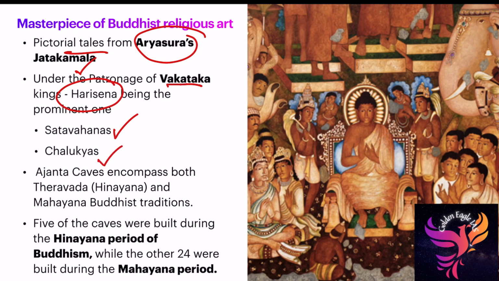Another important fact you have to remember: Ajanta caves have both Theravada, meaning Hinayana, and Mahayana Buddhistic images and sculptures. I already told you why Hinayana was present: because it was from 200 BC to 650 AD. After the first century AD, Hinayana Buddhism was going downward and Mahayana Buddhism started to appear in the world. So obviously Hinayana Buddhistic arts and architecture will be present in Ajanta caves, because statements can be asked whether it is related to Mahayana Buddhism, not related to Hinayana Buddhism, but it is related to both Mahayana and Hinayana.